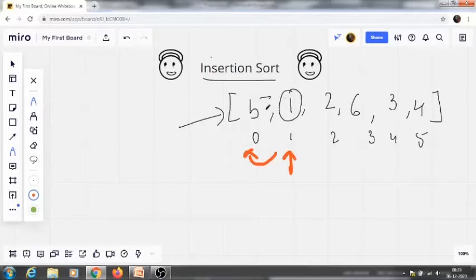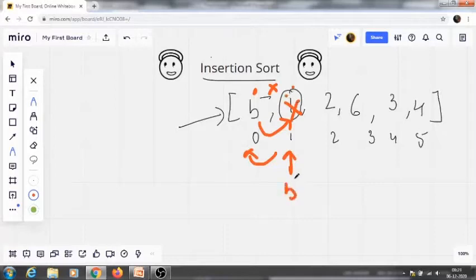We want this element to be greater than the one before it, so we compare. Is it less than? No, it is not. So what we will do? We will swap this element with this one, or rather we will delete this element and add 5 here.